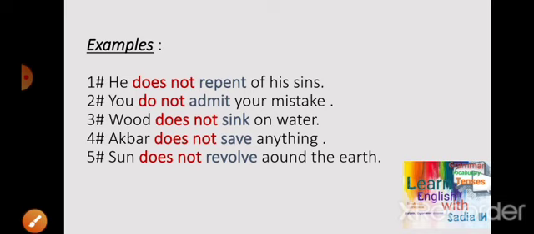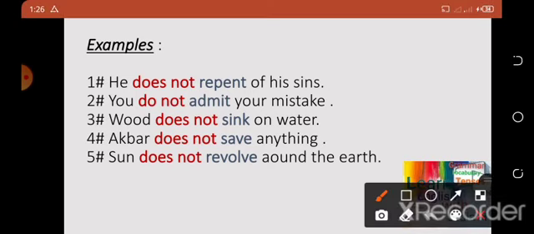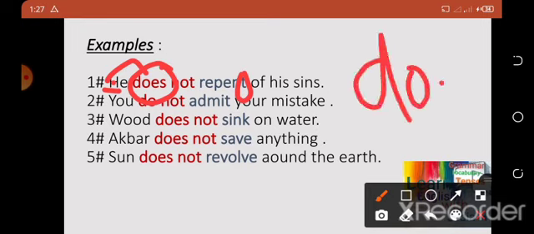Now the example is: he does not repent of his sins. The next thing I want to tell you is that here the subject is he, so we add does not. But you may ask why we don't add s to the verb repent, as the subject is he. It is because s is already added to the verb do. To the verb do, es is already added, so it becomes does. So we don't need to add s to the verb